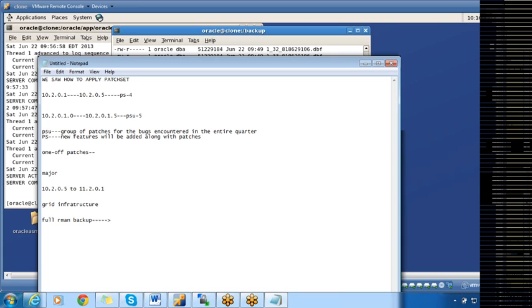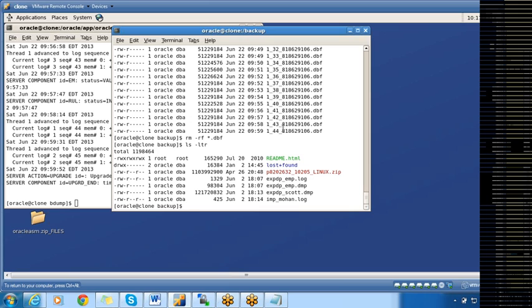So if someone asks you how to perform the upgrade, the first step you have to say is, I'll be taking the full RMAN backup, and after that I'll be performing all the prerequisites, because the prerequisites for 10G and 11G will vary. So you have to check what the new prerequisites for 11G are, and then fix them all. After that you have to start the installation. Now I'll not be taking the full RMAN backup. In real time, I suggest you take the backup.